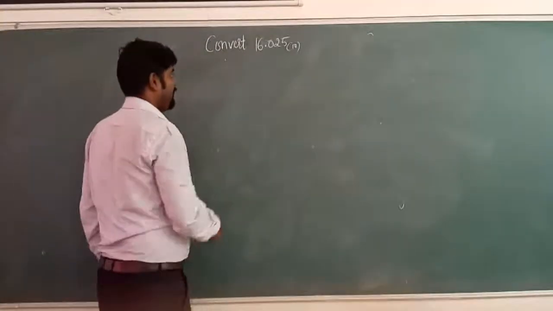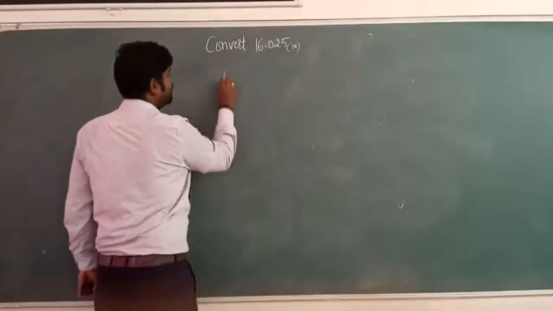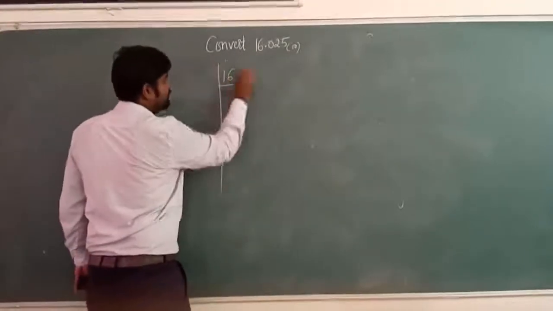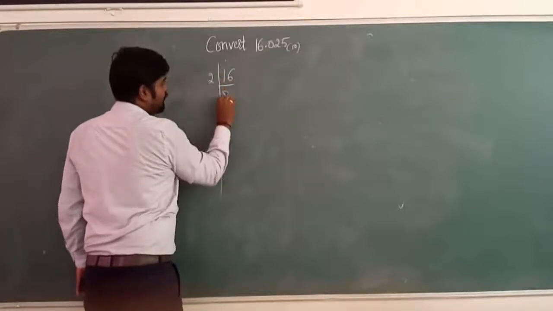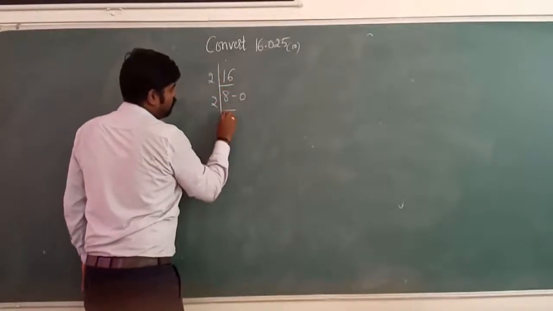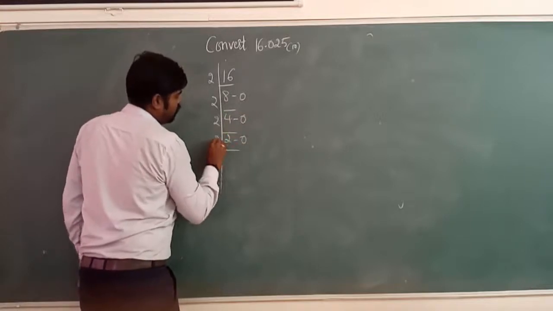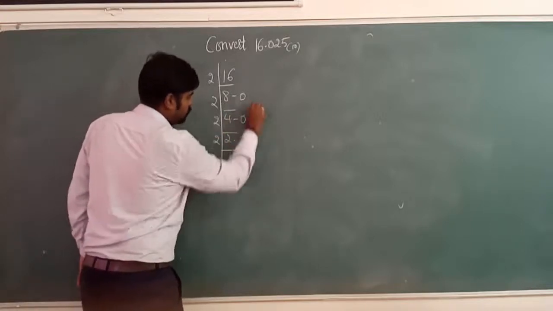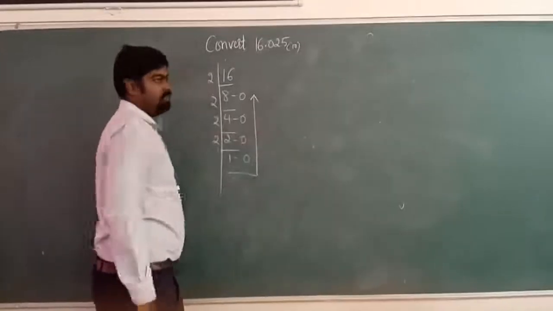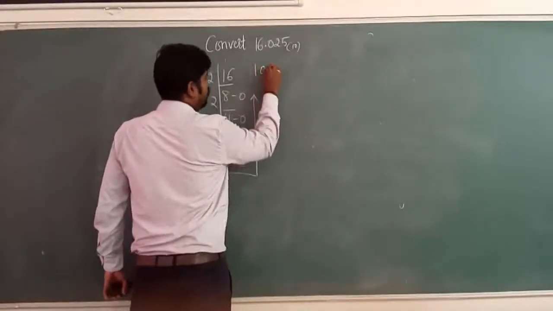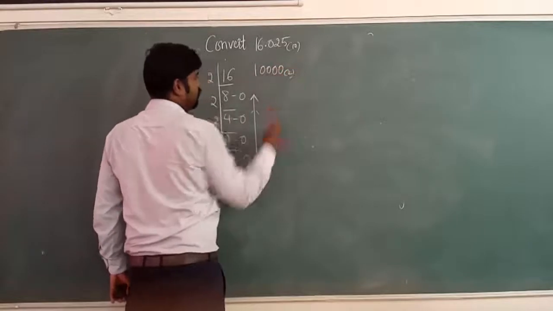So you need to convert this decimal number into its equivalent binary. So how can that be done? We already know how 16 can be done. It is, divide the number by 2. This is the integral part. So 2 times 8 is 16, remainder 0. 2 4s are 8, 0. 2 2s are 4, 0. 2 1s are 2, 0. So the binary equivalent of 16 is 1 and 4 zeros to the base 2.